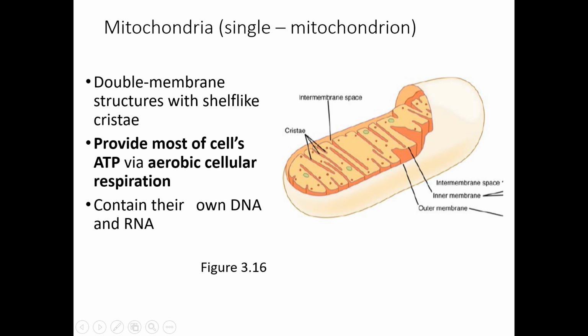Mitochondria. That's plural. Single would be mitochondrion. So that's a mitochondrion. It's a structure made of two membranes, an outer membrane and this folded inner membrane. So inside of the mitochondrion, aerobic cellular respiration is going on. If you remember what it is from the chemistry chapter, it's when our cell takes water